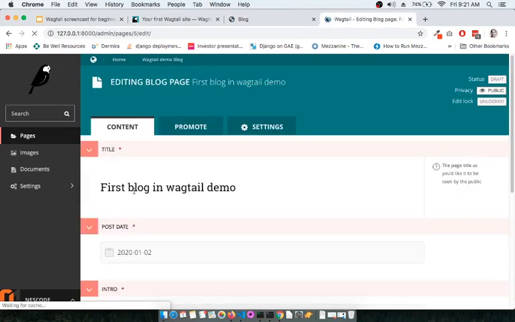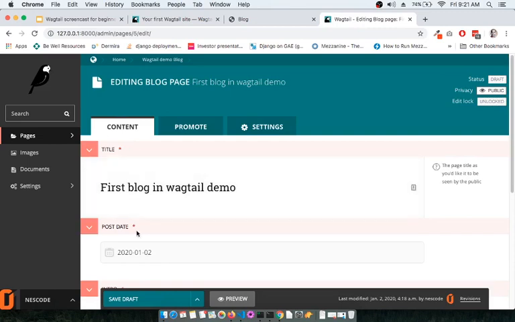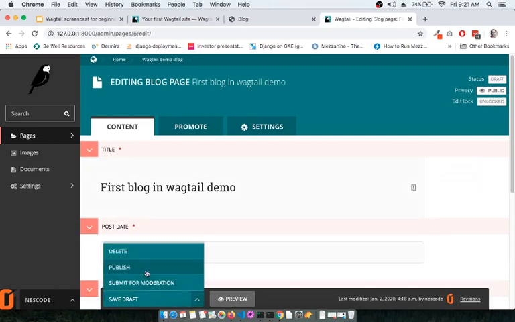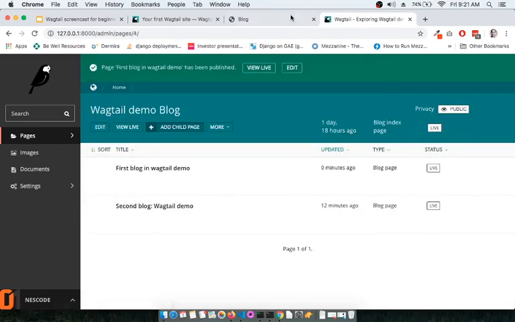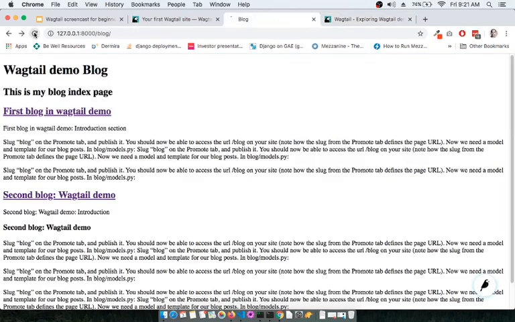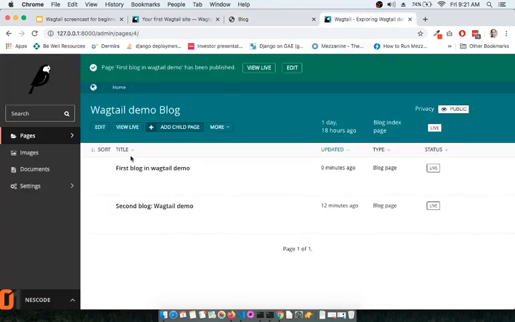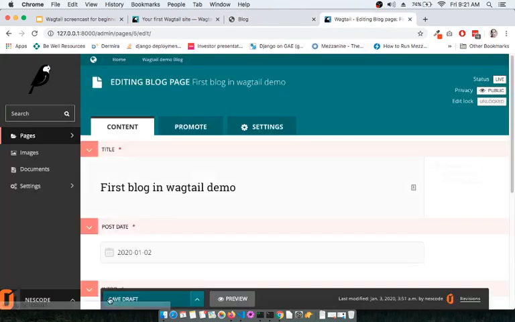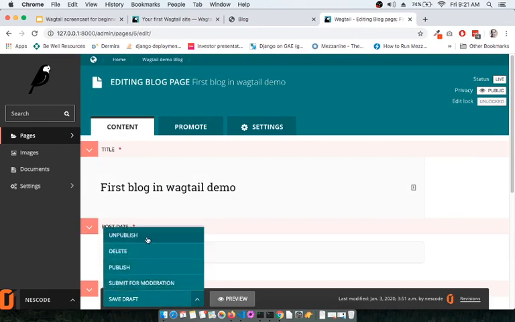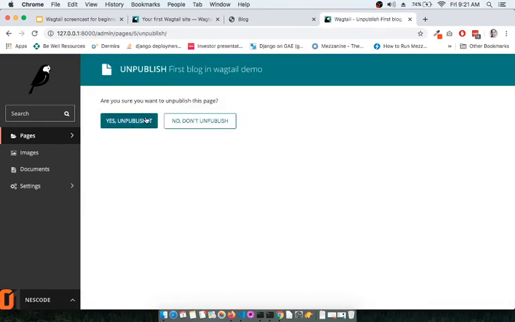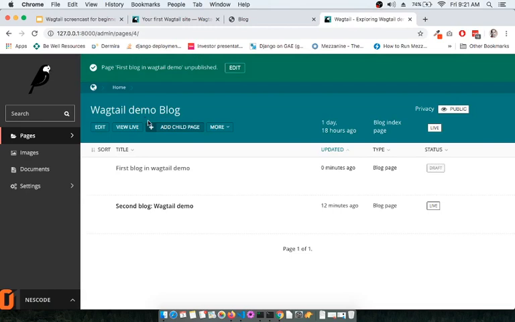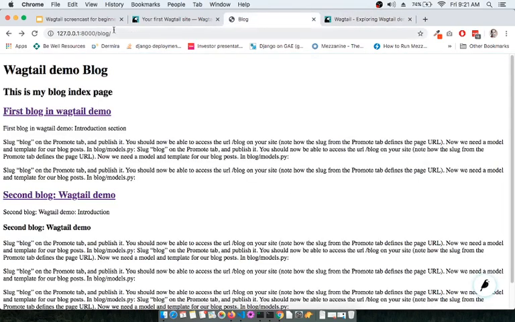And then if you go inside the publish edit section of the first blog, and then say publish again, so this is going to publish here, and then go and unpublish and check. Unpublish from here and say yes, unpublish, and then if you go and refresh this, right,